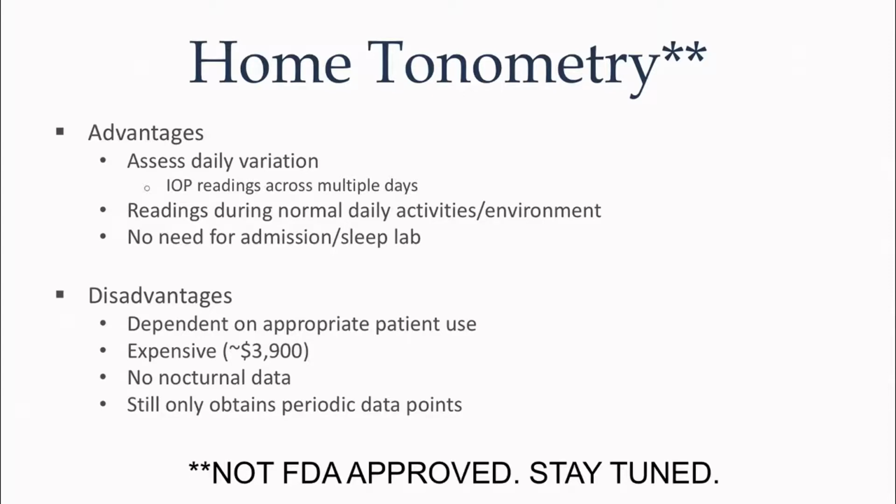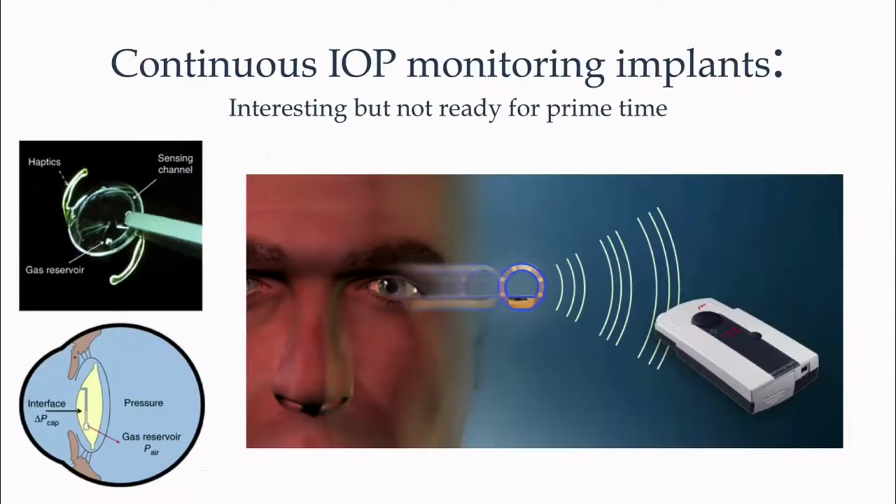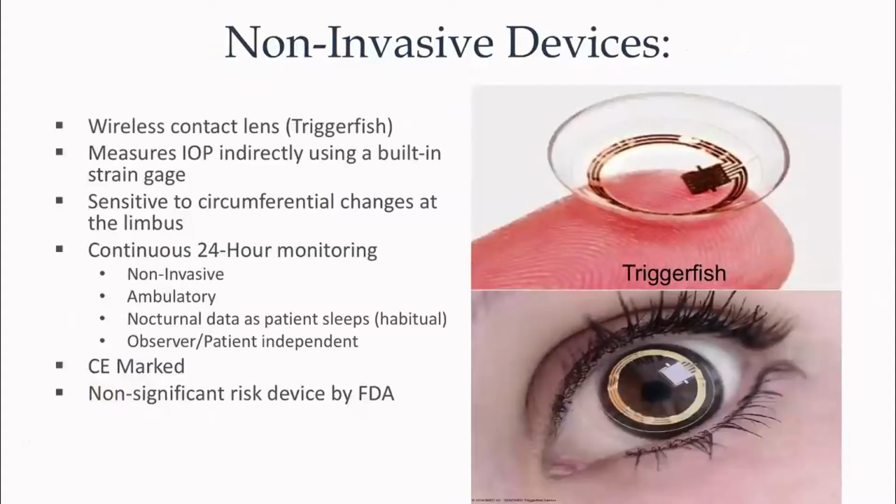This is no longer true, the not FDA approved, because now the home tonometry version is FDA approved and we're using it. Now, there are continuous devices that can be used. Many of these are now being studied, including implantables, where you can connect it with an intraocular lens. These are really not ready for prime time. We're still trying to understand where they might fit in, but the continuous IOP therapy is where we're headed, something that is residing on the eye or in the eye, where it doesn't require the patient to actively do something